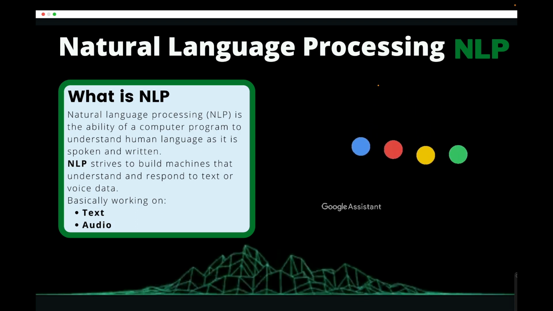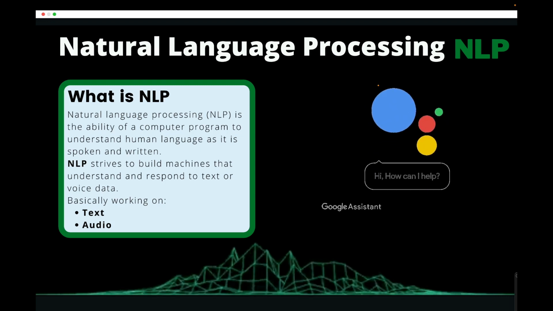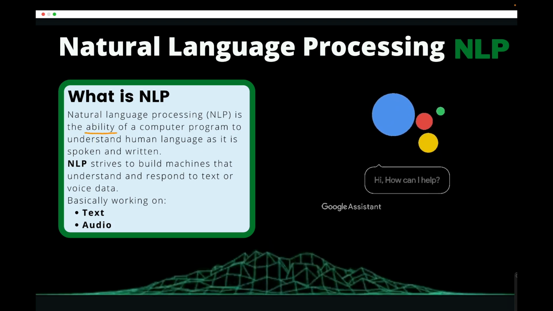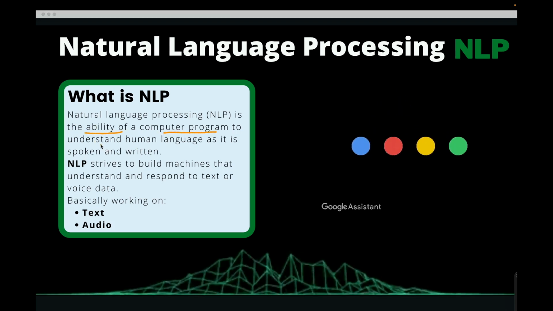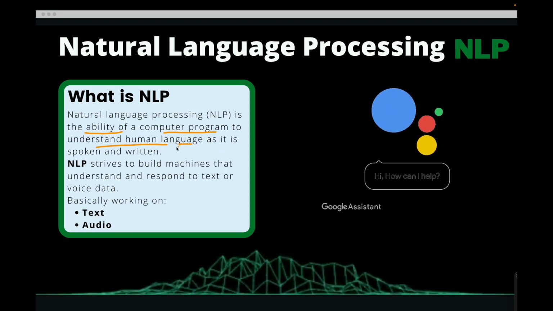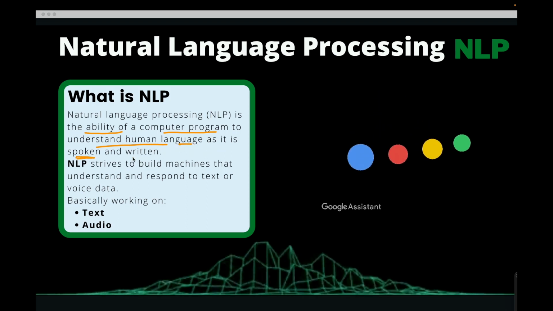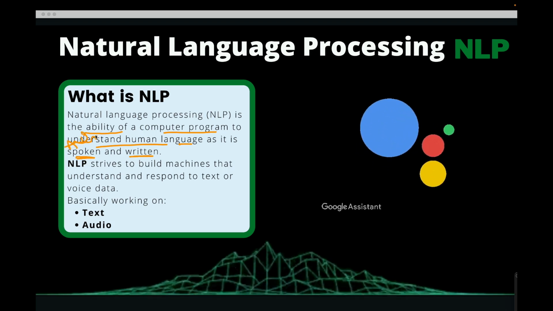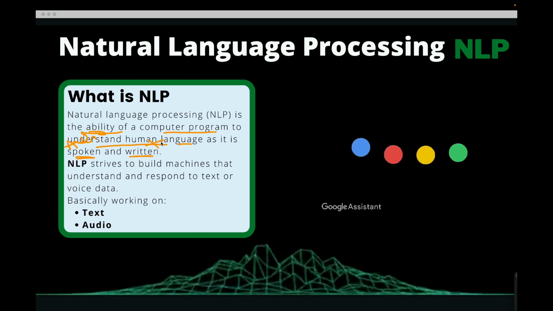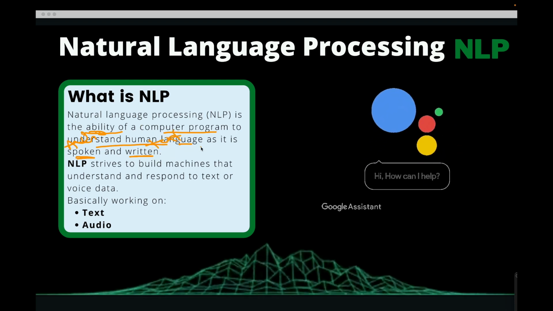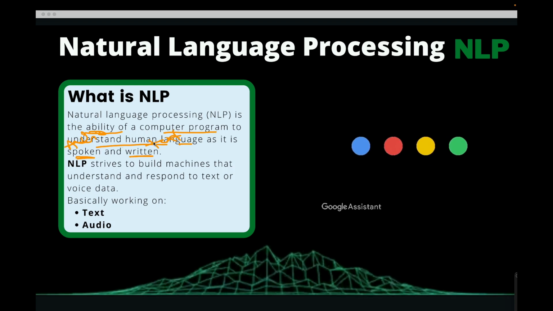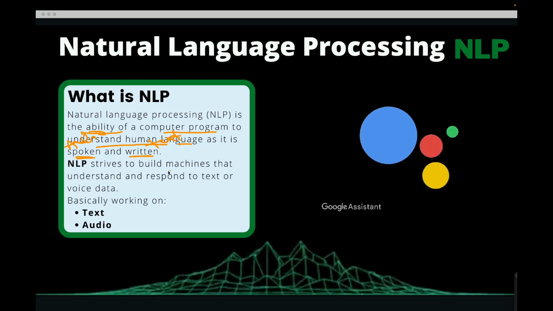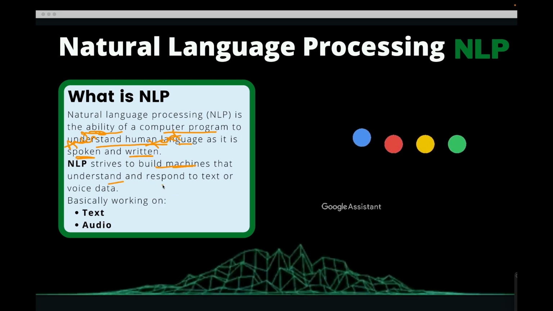So I've given you a very simple definition over here, which will make you understand what it is. Natural language processing is nothing but the ability of a computer program to understand human language as it is spoken and written. Spoken, that is audio. So when we're talking about spoken, we are talking about audio. Written, we are talking about text. So that is natural language processing, the ability of the computer to understand human language as it is spoken and written. What it's trying to strive to do is to build machines that understand and respond to text